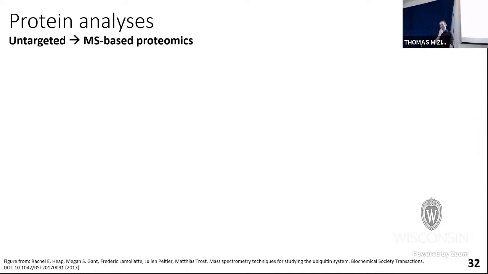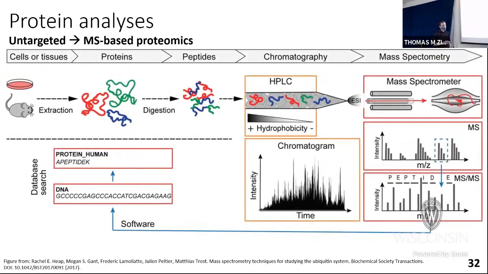So first I'll talk a little bit about how we do these protein analyses, and I'll start by introducing mass spectrometry. So here's a diagram from this paper where you can take your initial, so for us, we have cells, or you can take tissues from basically any source of protein. So you could even do this with your milk, for example, if you wanted to. You extract the protein. As I mentioned before, we do a methanol-based extraction. So we can add methanol, all the proteins crash out of solution, and we get a nice little pellet.